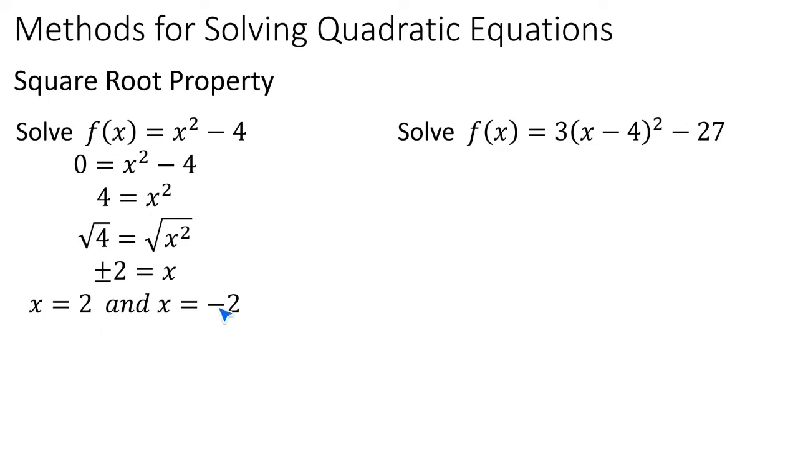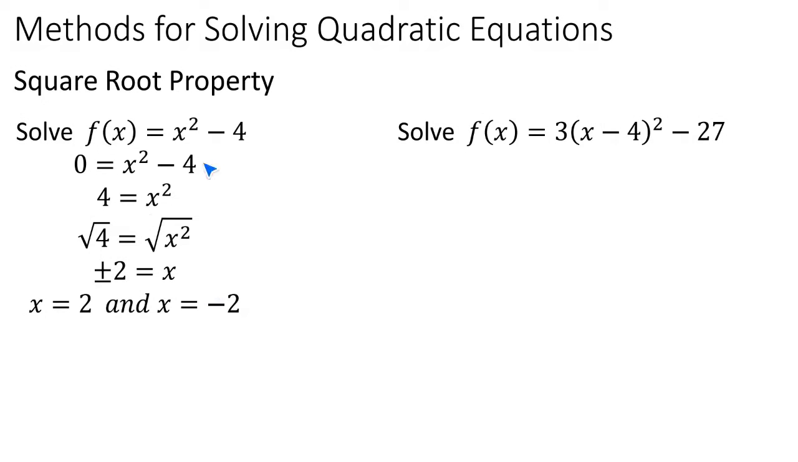So these are going to be your zeros. Now, just something to highlight here. The only reason we could use this square root property is because the coefficient in front of x squared is a 1. If it's not a 1, then we have to make it a 1. Okay. So if you look at the second one, f of x is equal to 3 times x minus 4